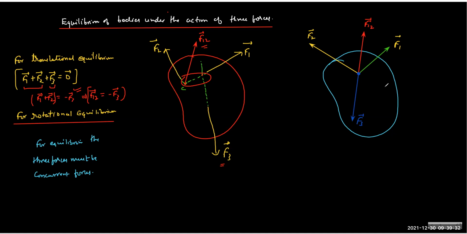And that is the exact reason that if a body is experiencing three forces, and if the body is at rest, the three forces must be concurrent. Else, the body cannot maintain rotational equilibrium. It may have the translational, but not the rotational. So this is a very far-reaching consequence of this theorem,